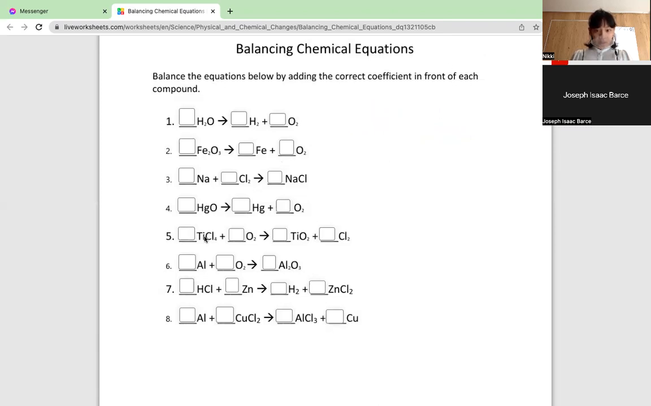Okay. Next, let's find a different one. How about number 5? Okay. So sa number 5, you have titanium chloride plus oxide. Tapos, resulting to TiO2, titanium oxide, plus